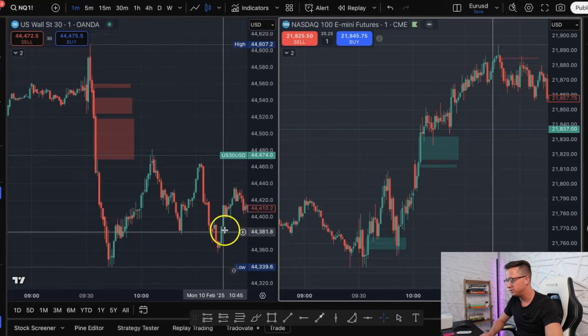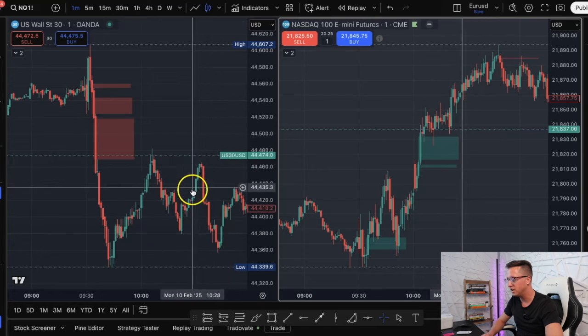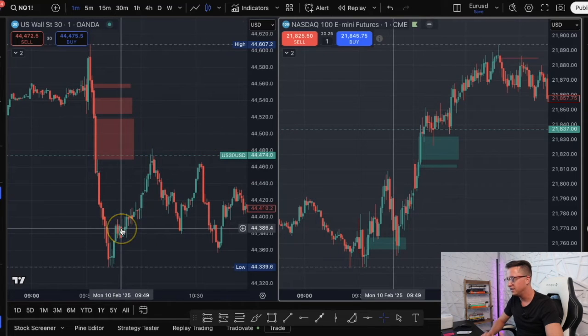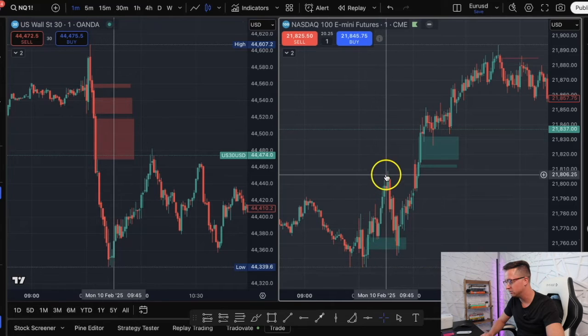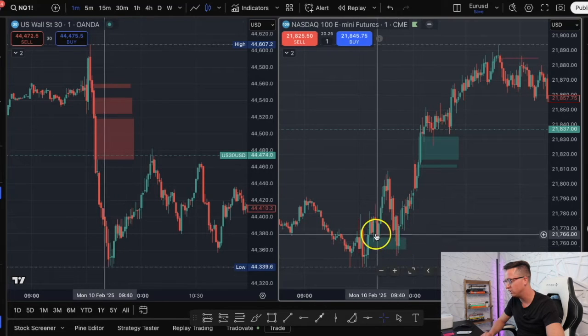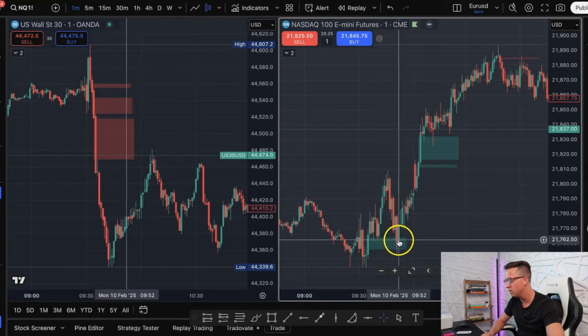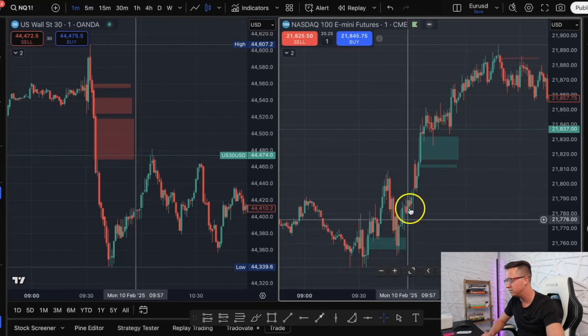Now look at the difference between US30, how it's pushing up and down, up and down. It's kind of hard to see what's going on in the market, what is going to happen next. Versus the NASDAQ, it starts forming these higher highs and higher lows, higher highs, and then we have this higher low that does break this previous higher low and goes into this fair value gap right here and then eventually